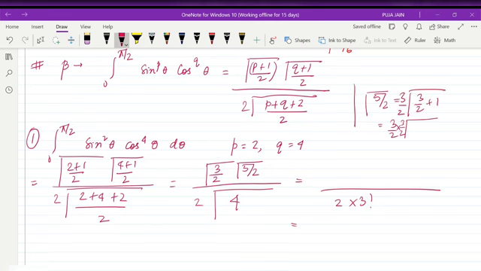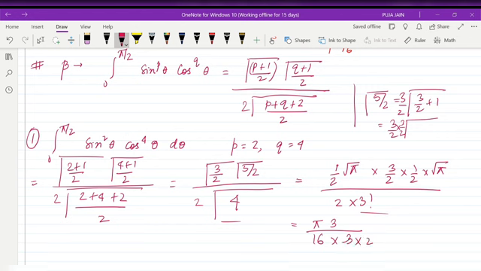That is gamma 4, which equals 3 factorial, and gamma 3 by 2 is half root pi, and gamma 5 by 2 is 3 by 2 into half into root pi. Okay, so root pi times root pi is pi, and the denominator is 2 times 3 factorial, so 16 into 3 into 2. So we are getting pi by 32. The answer of this we have solved very easily, and we got pi by 32.